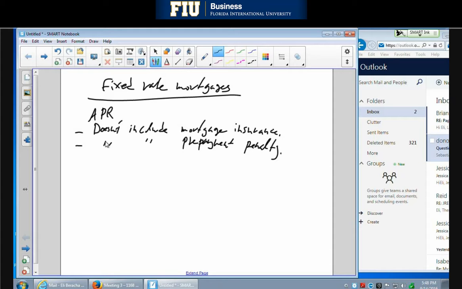Well, that's better. You may be willing to pay a little bit more in terms of APR, but have the option to prepay with a much lower penalty. So that's something that you want to consider. If you do have a prepayment penalty, APR can be very misleading. And the last thing,